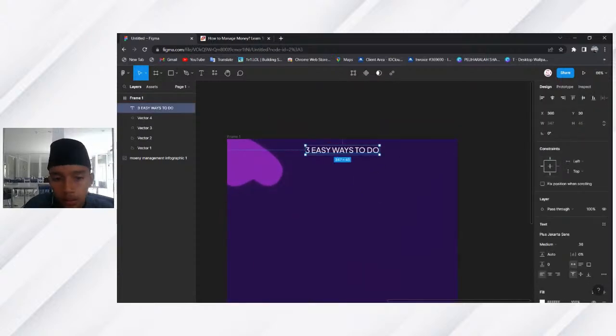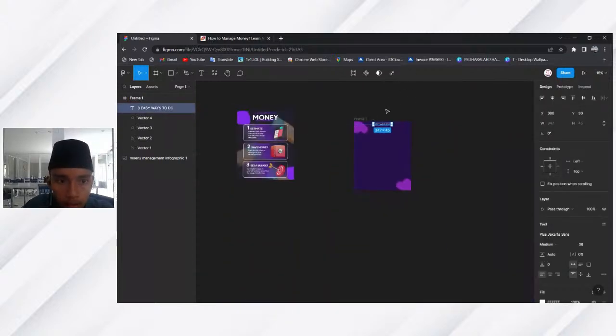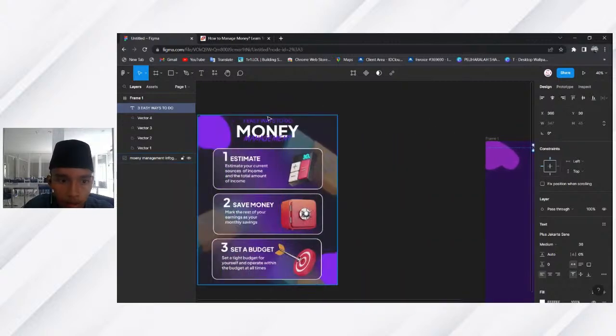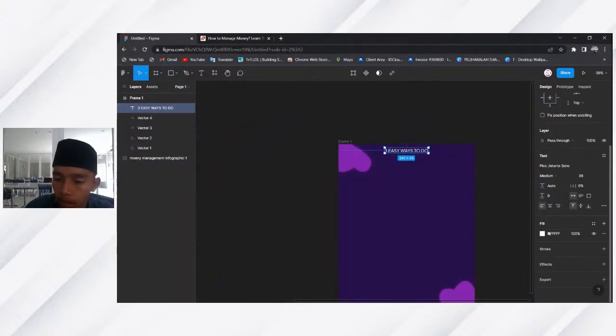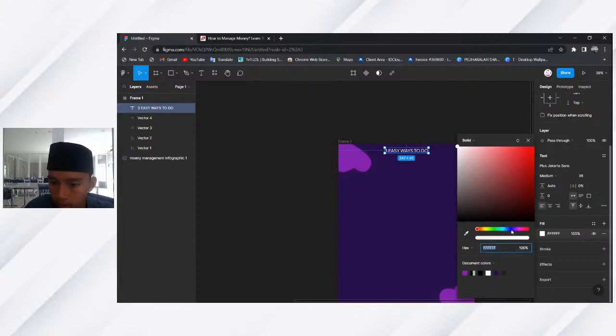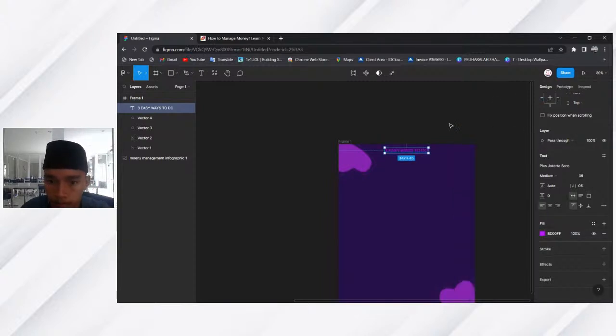And then, if you don't like the color of this and want to make it more like this, just change the color at the fill right over here, and you can use any color you want, from red to blue or any other color. But here I'm going to use another purplish color because it lines up with the background pretty well.